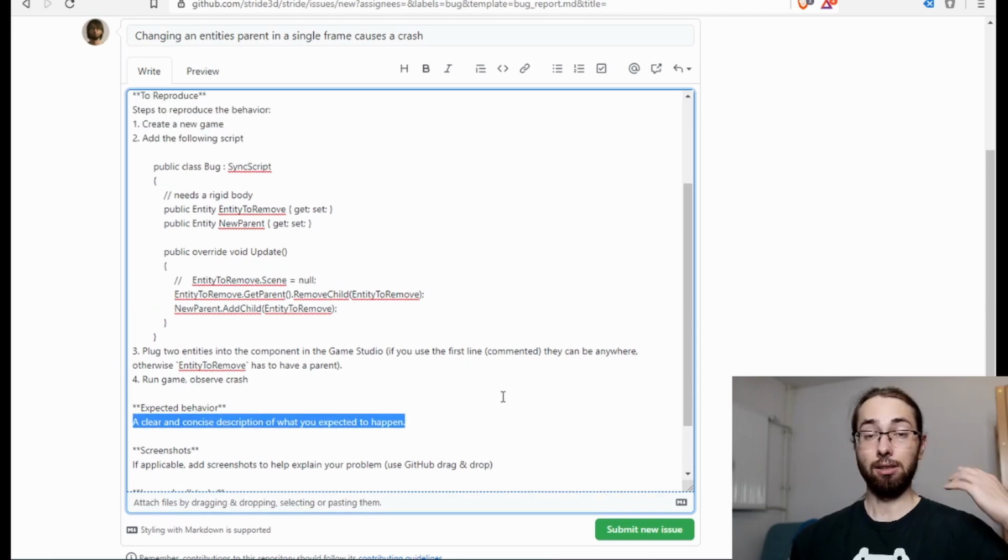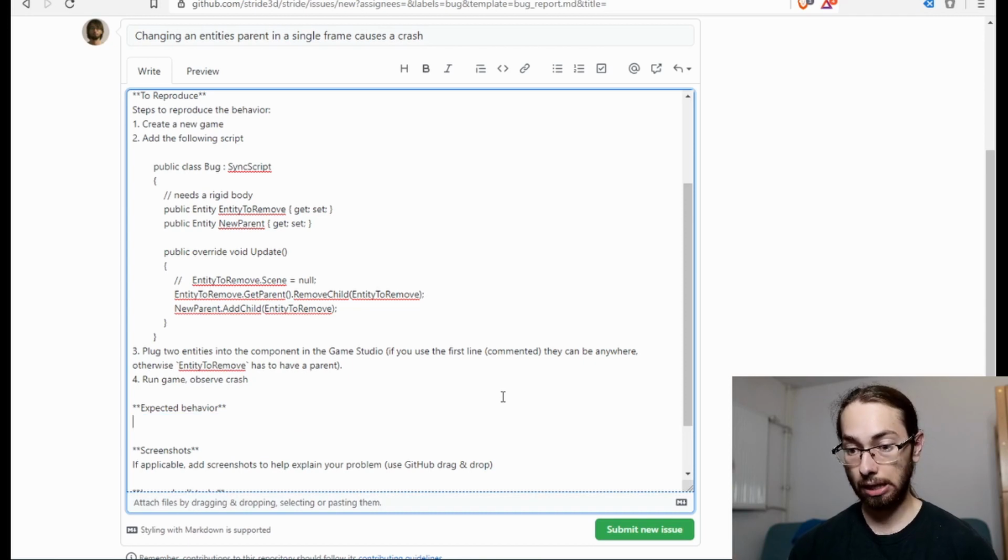So ideally, this should work, right? But maybe it's a limitation that's unavoidable somehow. So there are two possibilities. Either fix the issue to allow changing a parent of an entity within one frame,